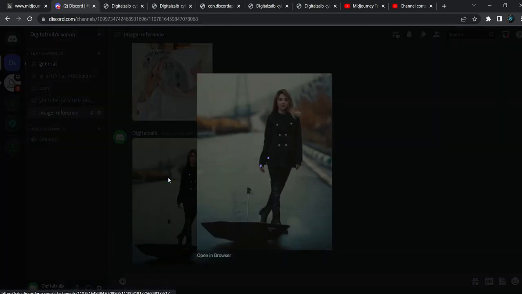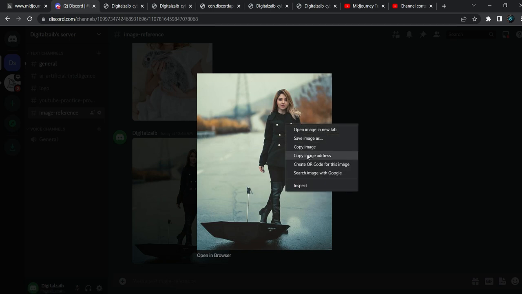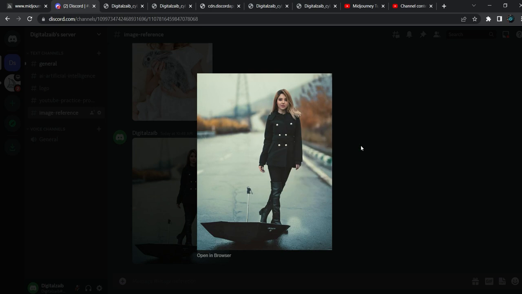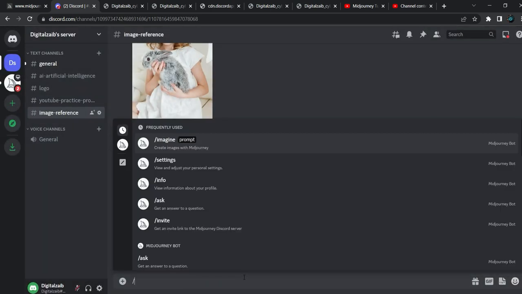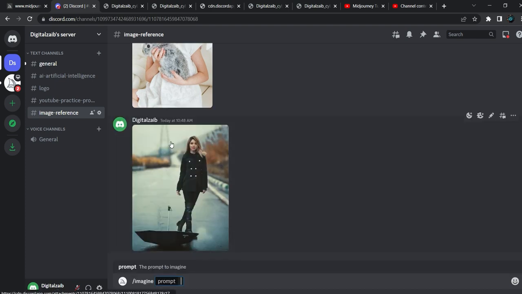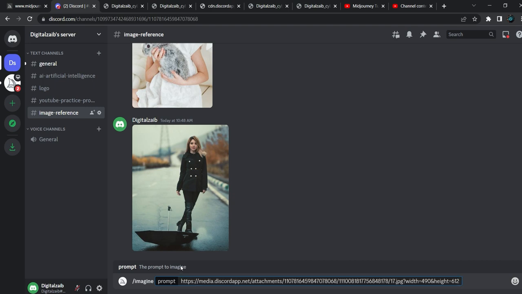We will click on it, right click, copy image address or copy link, both are the same. So we will click on it and our link will be copied. Come here, type slash, click on imagine prompt. Now we have to paste the link of this picture here. So with the help of Ctrl V, I will paste my link here, comma, space, and now I will write